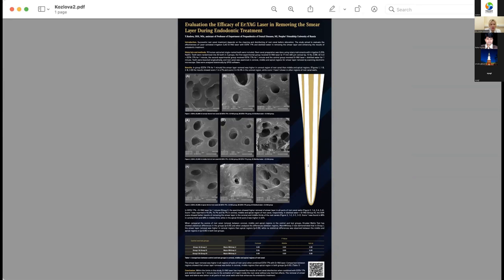So the aim of our study was to evaluate the effectiveness of laser-activated irrigation. So we use Erbium YAG laser with EDTA 17% in removing the smear layer and improving endodontic treatment outcomes. For materials and methods,